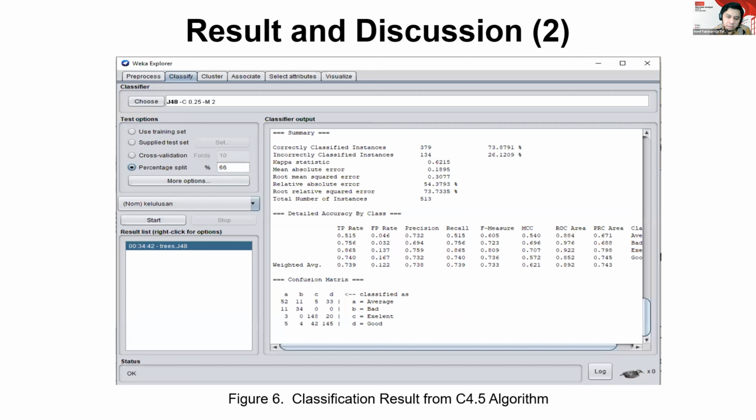Here is the result from the C4.5 algorithm, and you can see the accuracy result from the C4.5 algorithm is